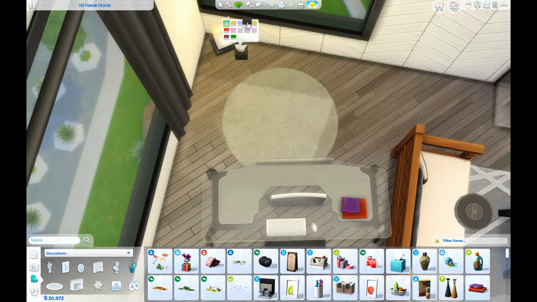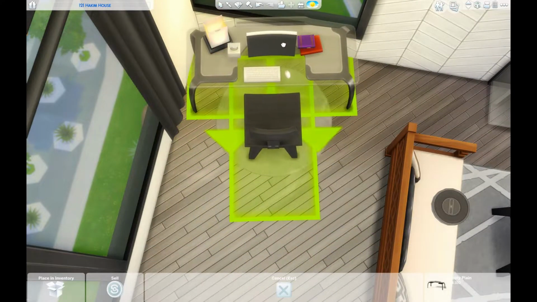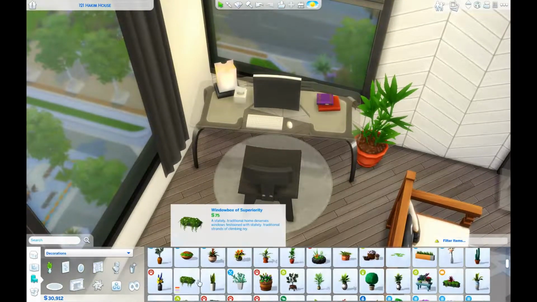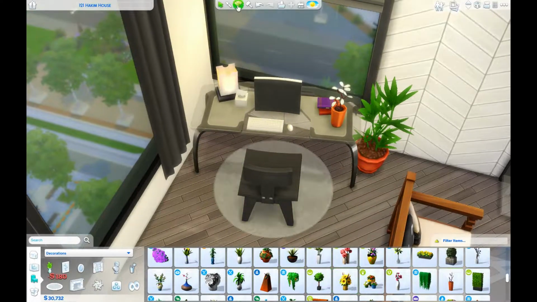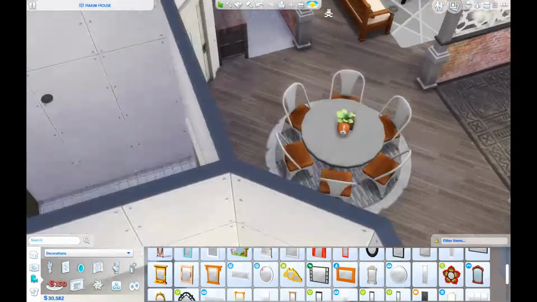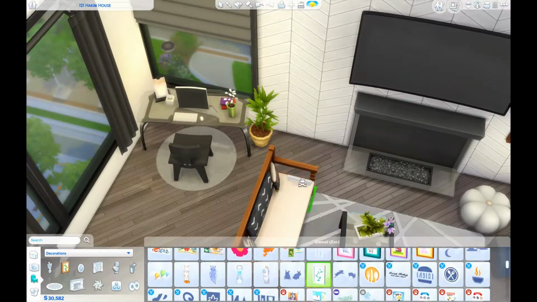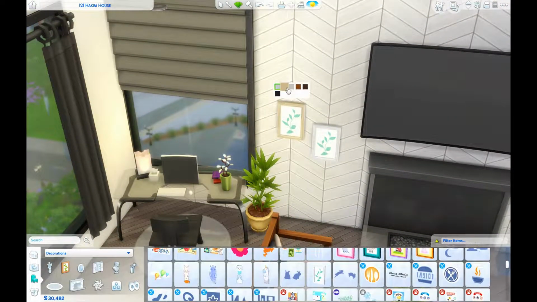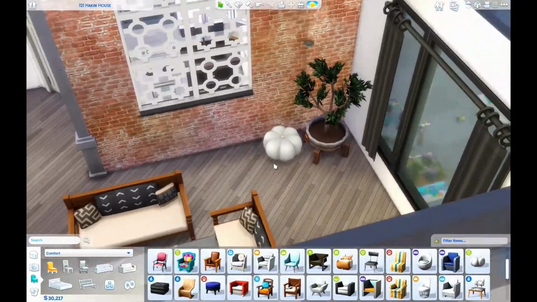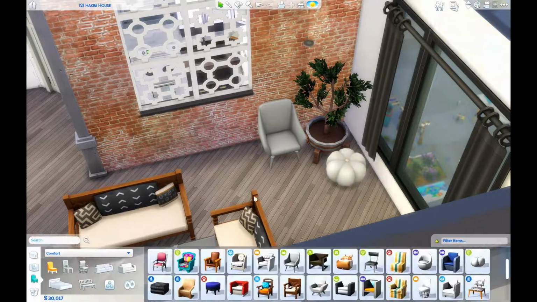So it's not just purely industrial, it's not just blacks and browns and grays, but instead you also get a conglomeration of some higher class looking items, like some paintings and some specific items that just make it look a little bit more nice. Like I said, I don't know if those two styles actually go together, but I feel like this apartment, when it's all said and done, is actually a really nice apartment, and I've really been enjoying playing in